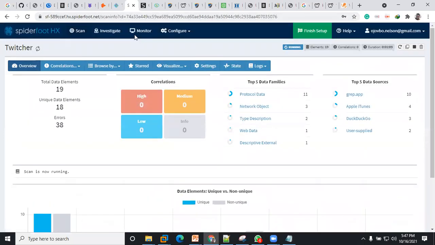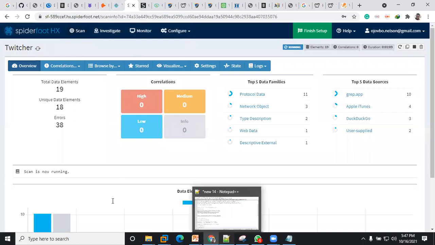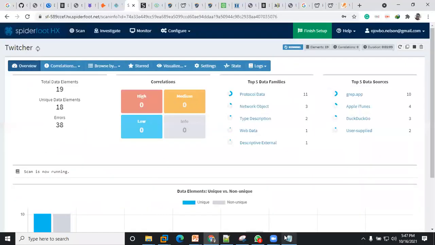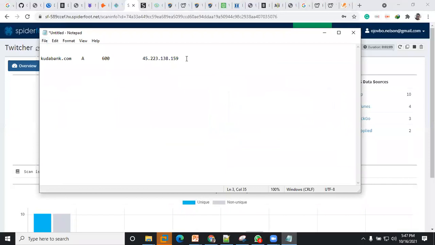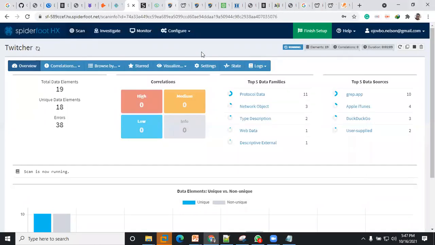Okay, now, since we have an IP address, what else can we do apart from just scanning for information around DNS? If we have an IP address, copied out an IP address for CUDA, what can we do? Can we scan for open ports? Yeah, we can. Nmap does not just exist on Kali.